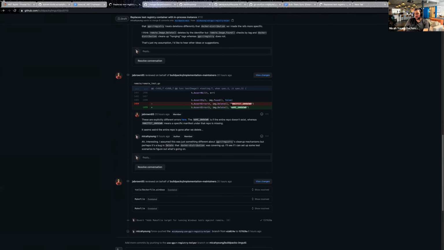So there's one thing that I ended up changing in the test that actually was significant. Their error response, when there's absolutely nothing in the registry and you try to delete something, is different in the different registries. It says name unknown from GCR and manifest unknown from Docker distribution. That's exactly it. So this just led me down a whole rabbit hole of deletion. That having a spec should fix.